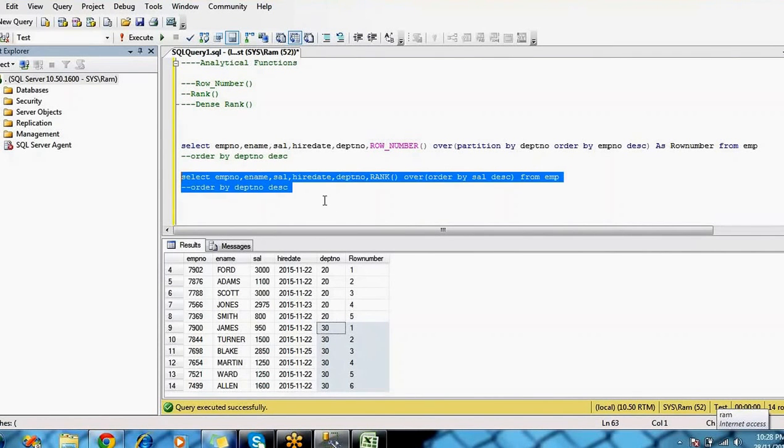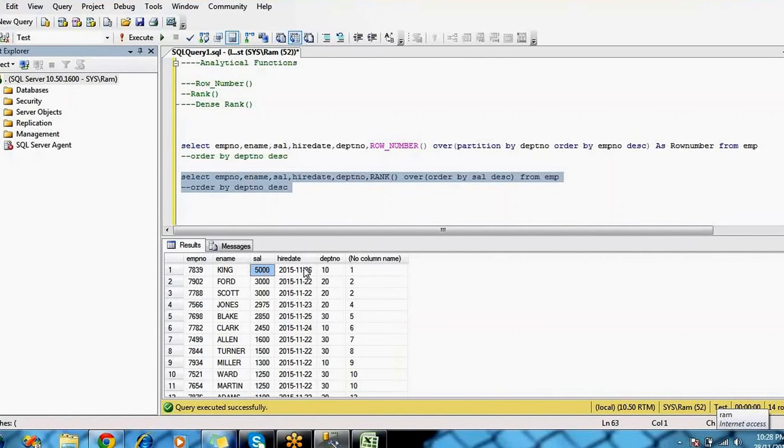If you execute this, it gives the ranks based on the salary. See, 5,000 is the first rank, so this is the top salary.